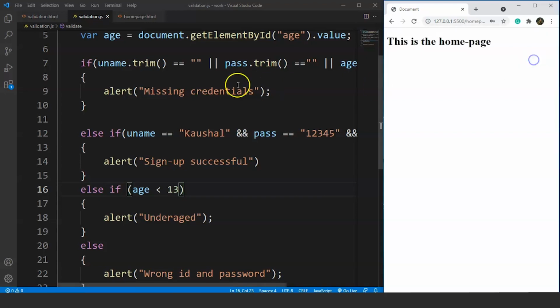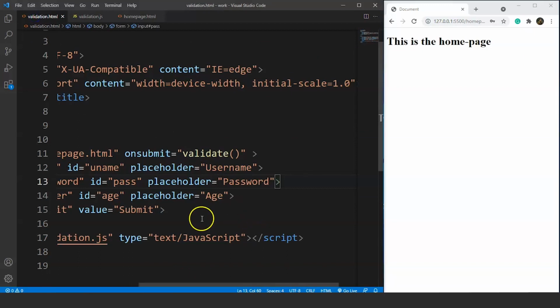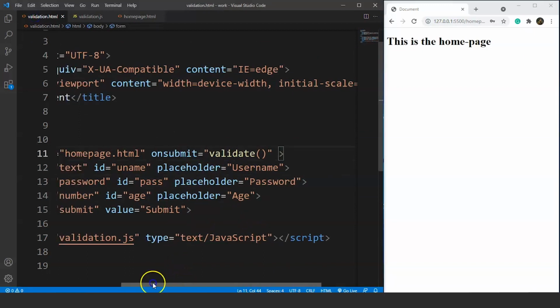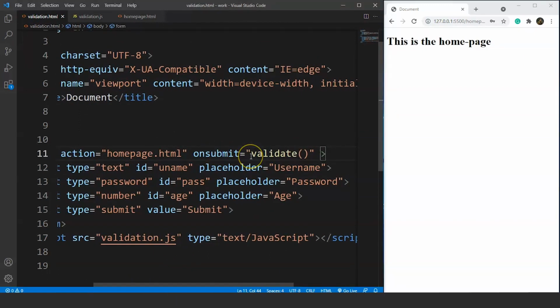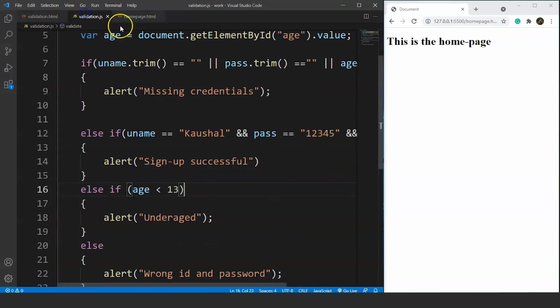So let's go back to our HTML file, and we'll write inside the form tag. Now we have onsubmit over here. So we'll write return before validate. Save it and we'll move back to our JavaScript file. Now this return keyword will let the form perform any action only if the value returned by the function validate is true. Otherwise, it will not allow the form tag to perform any action. The action here is redirecting the user to the home page, right?